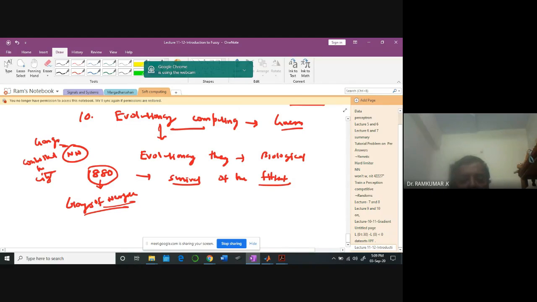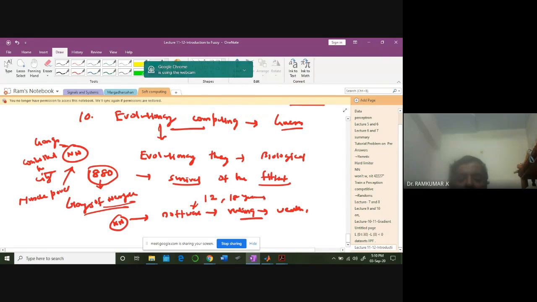So in that case, the survival was fully related to muscle power during that time. But nowadays, if you look at New York, the guys who are sitting in a software company, they are ruling. They are getting all the wealth, everything. A guy who is sitting in a software company working for 18 hours, 12 hours, is getting more money. More money means more protein. More protein means everything is more.